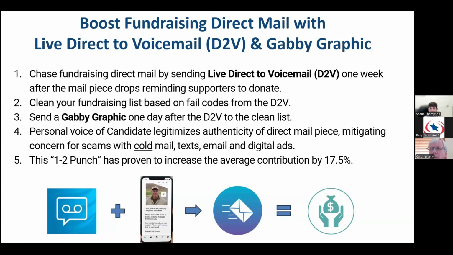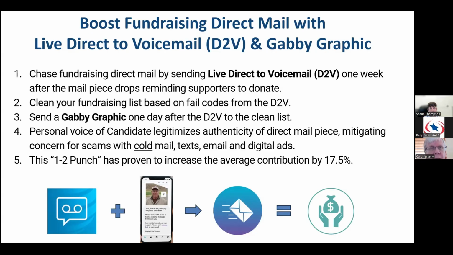So your direct mail piece goes out for fundraising. It's still done. It seems to be picking back up. It's almost like the old days are back. The direct mail piece goes out in standard fashion, bulk mail if you wish. And about a week later, you send out what we just called a ringless voicemail saying, please read the direct mail piece that you just got, and have some sort of call to action. It's whatever the case may be.